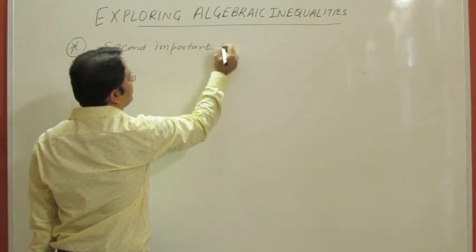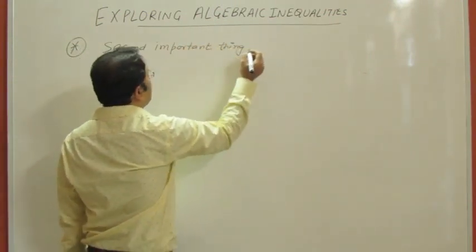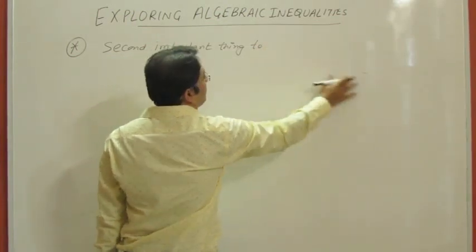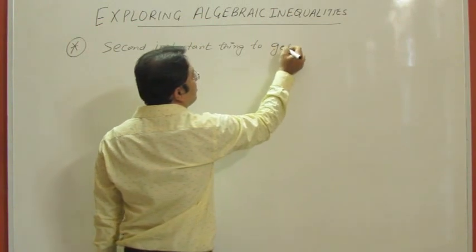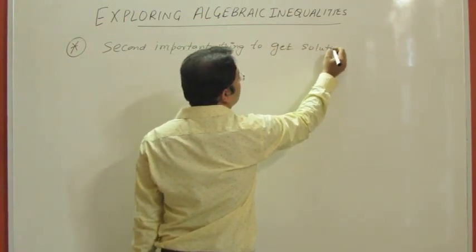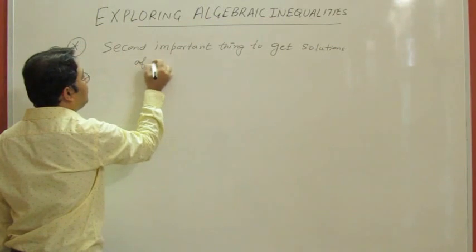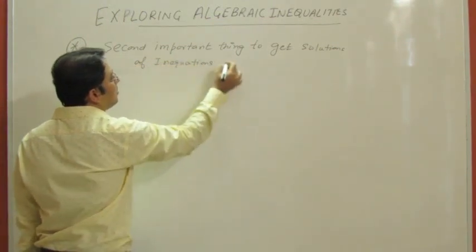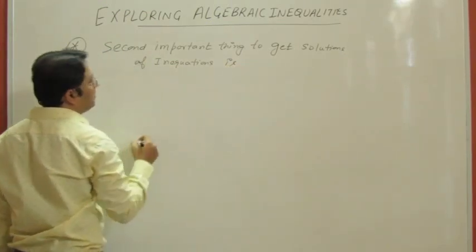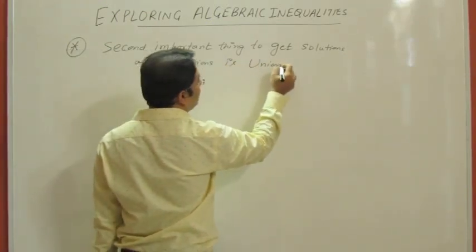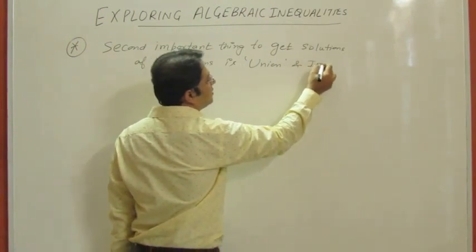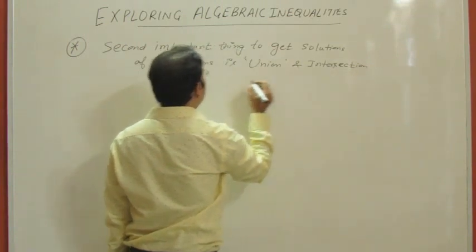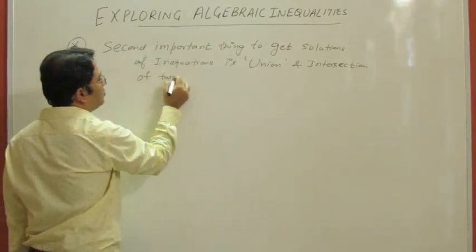The second important thing to get the solution of inequations is union and intersection of two sets,